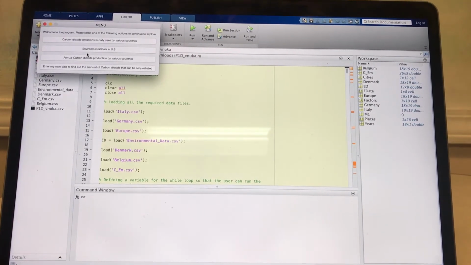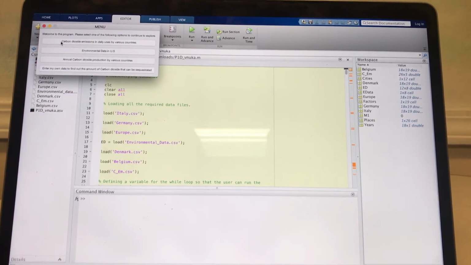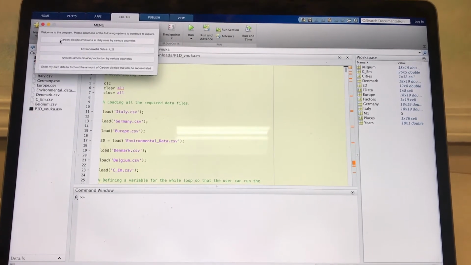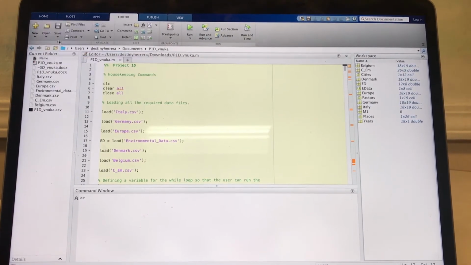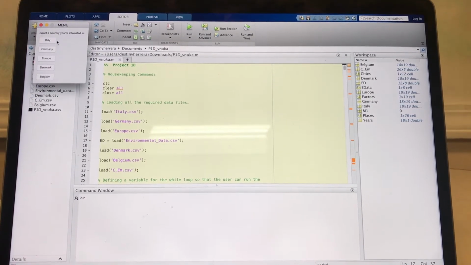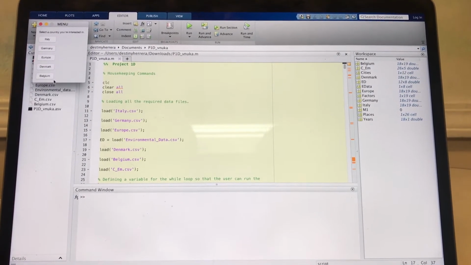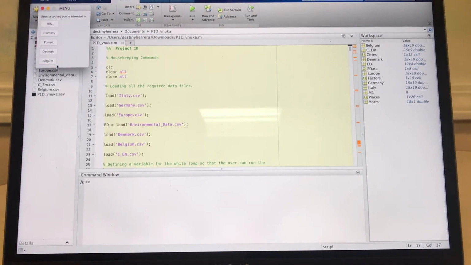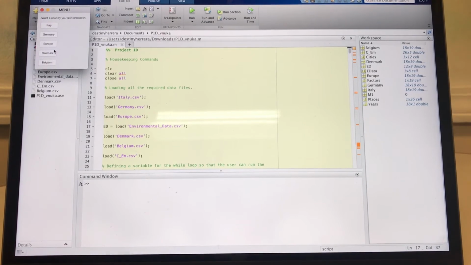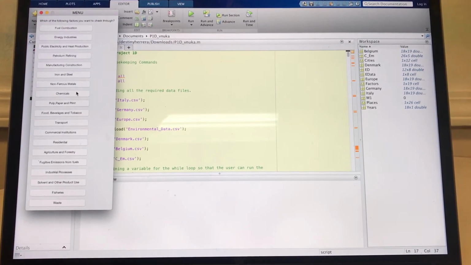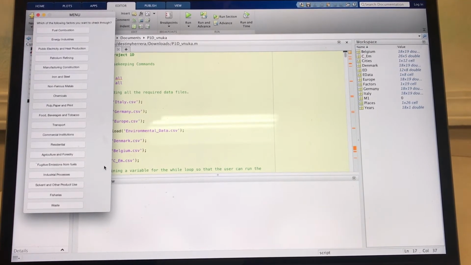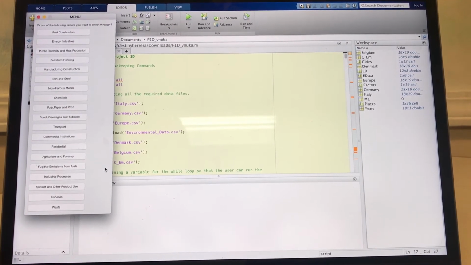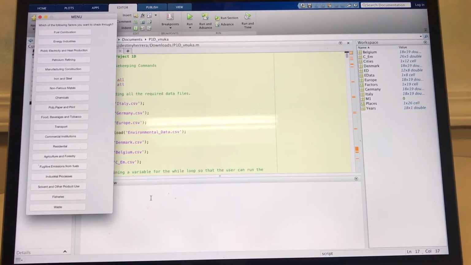As the user selects the first option, which is this one, several countries will be shown in the menu. These are the countries: Italy, Germany, Europe, Denmark, and Belgium. And as the user selects a country, a menu will pop up showing various sectors. So for example, if I pick Germany, this is a long menu which pops up several sectors relating to various fields, starting from industry till waste. Then exiting out of this,